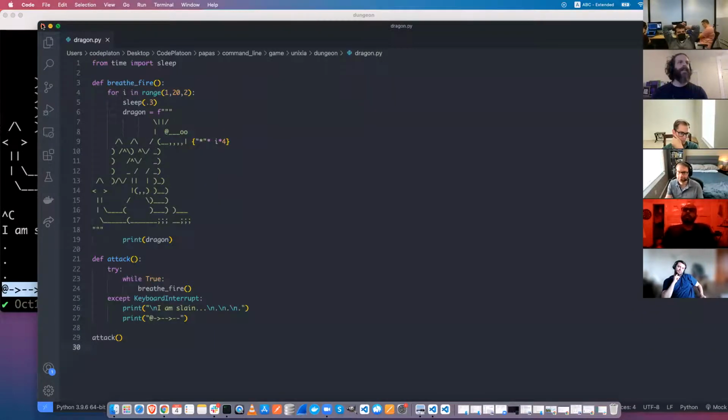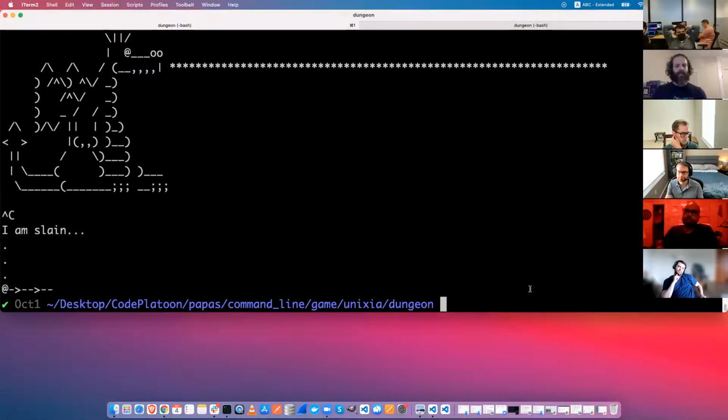And then let's see, I'm going to CD out of the dungeon. So CD dot dot, but I want to go two levels up. So how do I go two levels up in one jump? Dot dot slash and another dot dot. Yes. So this means go two levels up. So go to the grandparent of dungeon. So I'm going to skip Unixia and go all the way to game.